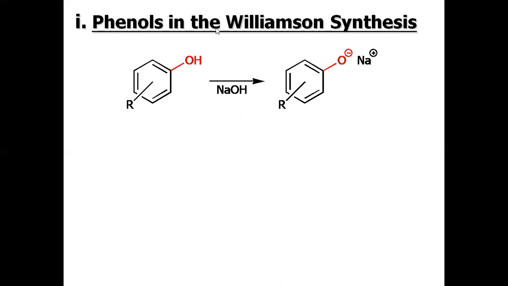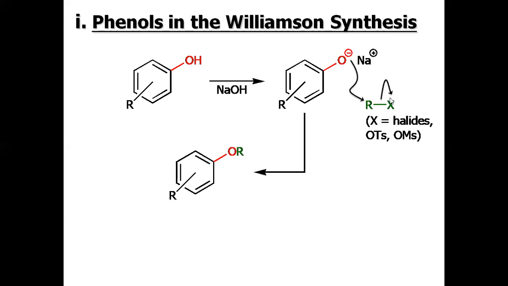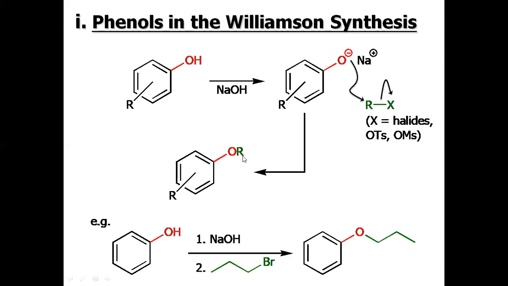phenol converting by the Williamson synthesis, which is also known as Williamson ether synthesis. What happens in this case? When a phenol derivative or phenol itself reacts with a strong base like sodium hydroxide, this base abstracts the proton and converts it into sodium phenoxide ion or its derivative. Now immediately this oxy anion attacks this alkyl group and removes this halide ion to give you the corresponding phenyl alkyl ether or its derivative.